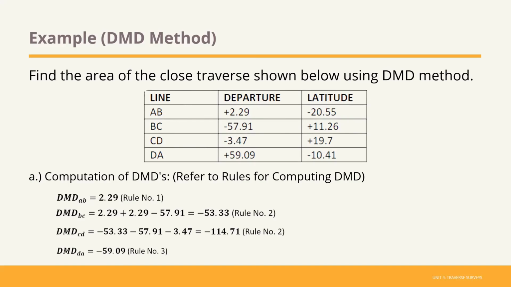And for the last line, which is DA, rule number 3 states that the DMD of the last course is the departure of the course itself, but opposite in sign. As we can see in the table, the departure at the line DA is positive 59.09. Employing rule number 3, we just have to change its sign from positive to negative, and so we'll have the DMD of line DA. Now after computing all of the DMDs of each line,